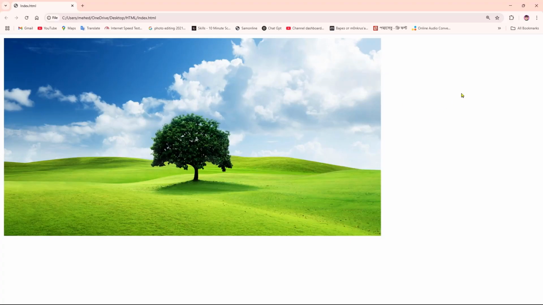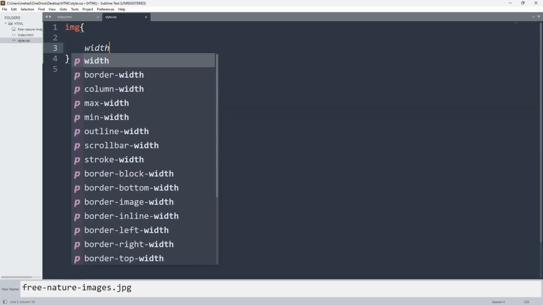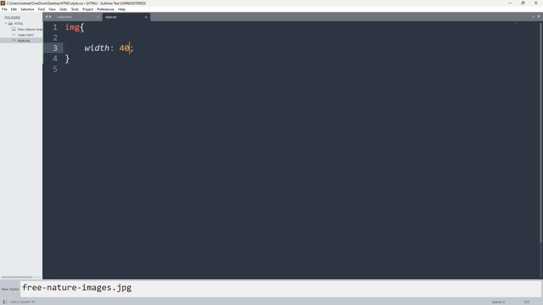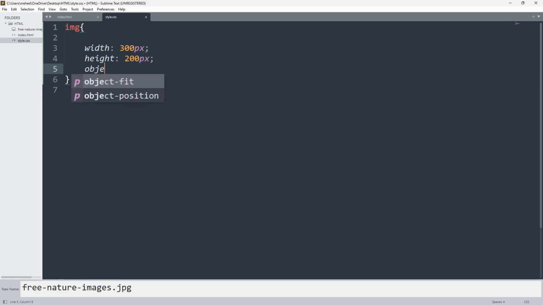So now if we do another way to change the height and width, what we can do is keep the picture shape. So what it means, if we give the width 300 pixel and give the height 200 pixel, and then we add object fit and give it cover,